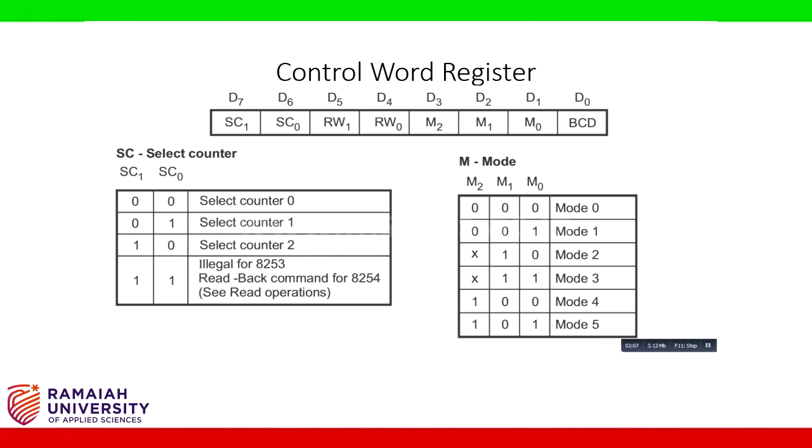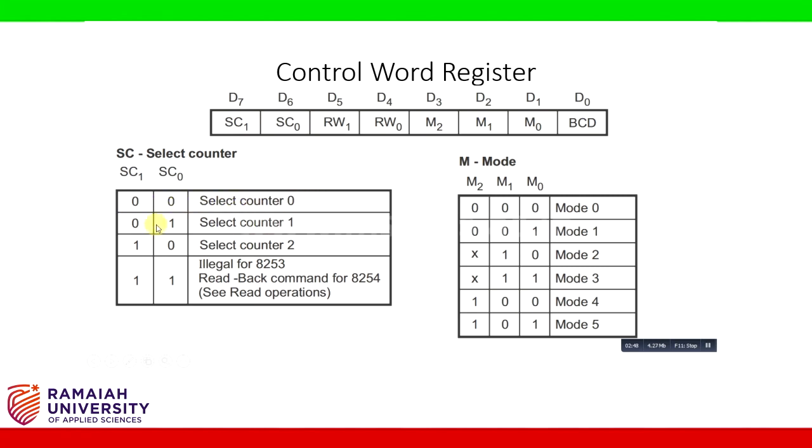Now let us see what the control word register means. So this control word register is an 8-bit register which is used to configure, select and operate the timers. The first 2 bits, that is D7 and D6, are used to select a particular timer or counter. D3, D2 and D1 bits are mode select pins. So D7 and D6 bits, that is SC1 and SC0, as you can see, if both the bits are 00, then